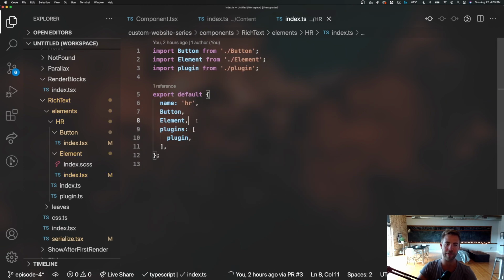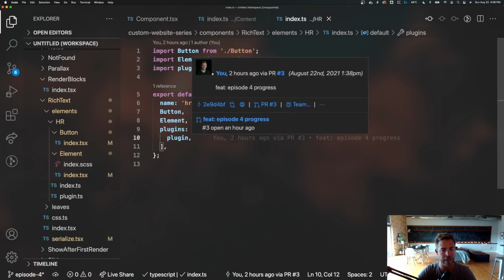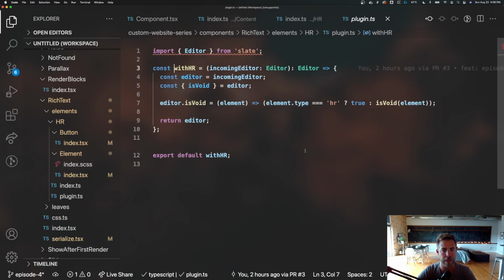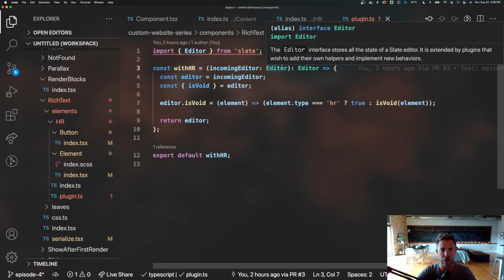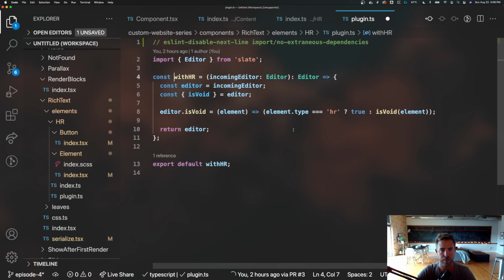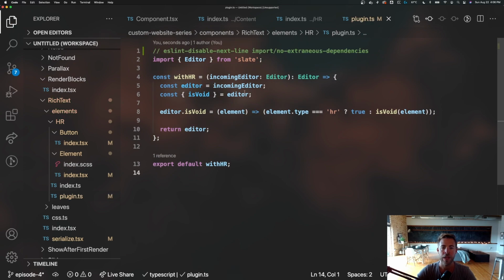Now, the one thing that we haven't looked at already for SlateJS extensions is the plugins. Plugins are SlateJS concepts that you can use to extend Slate functionality. So it's pretty simple. You take an editor in, you extend the editor, and then you return the editor. And in this case, we are modifying the isVoid function. We're taking in an element, and if it's an HR, then we say this is